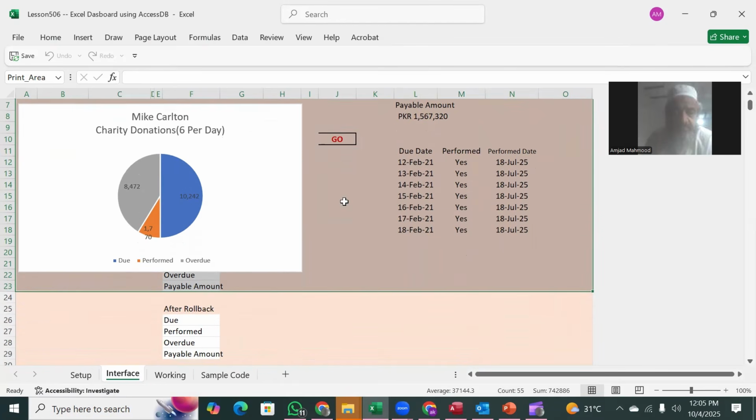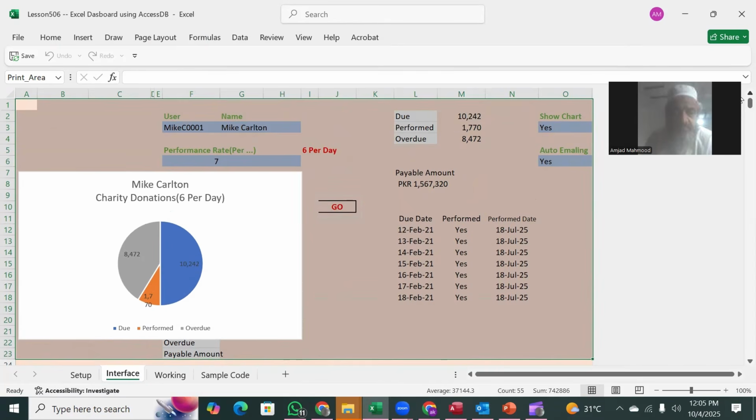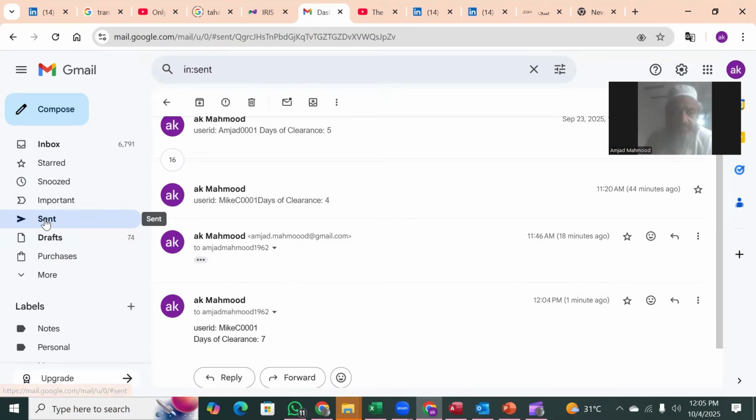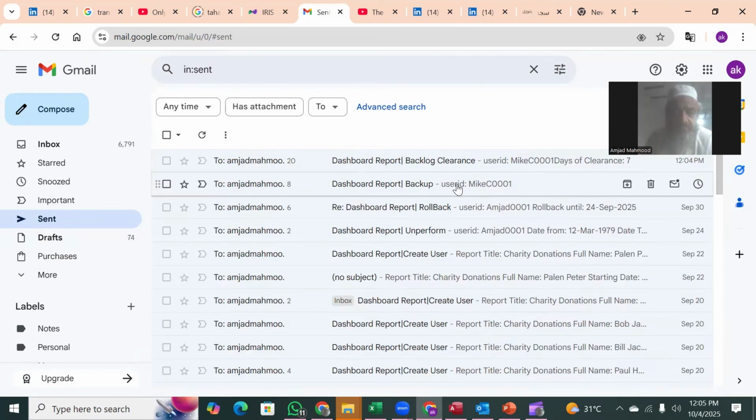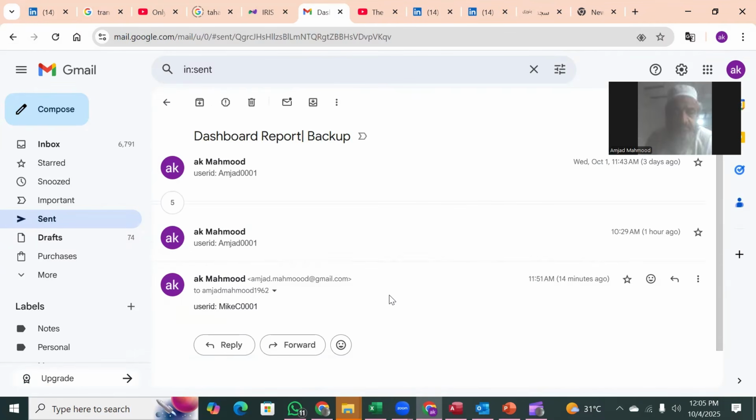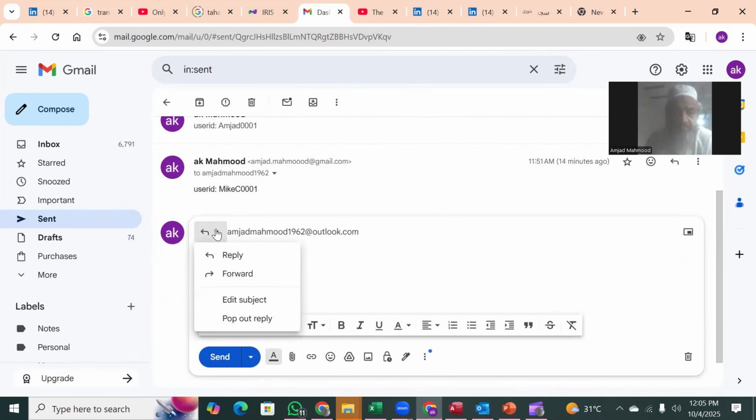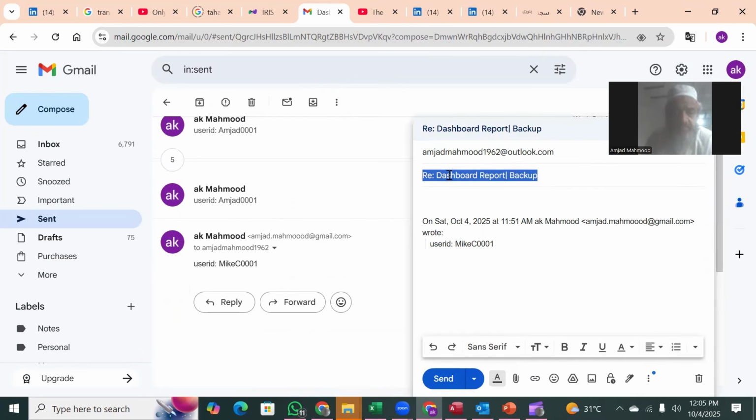You can see this. Okay. Now we do the backup part. For example, we want to initiate a backup request. So let's send a backup for this user, right? This is the backup command, which we can send directly to the dashboard. So the dashboard will automatically take